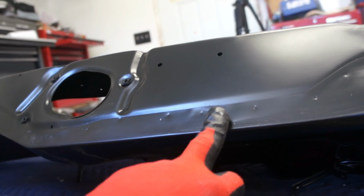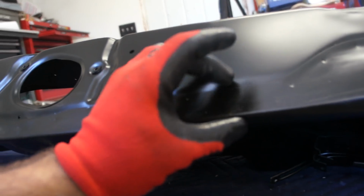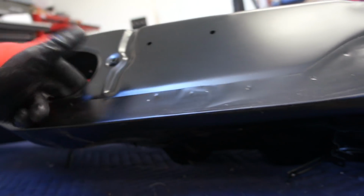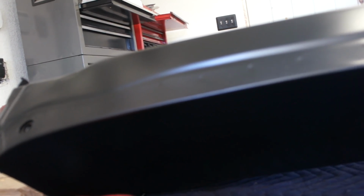I've got that firewall that actually comes up and overlaps this. So having seam sealer on the back side of this, if I'm welding to this every 2 inches or every inch or whatever it's going to be, probably like the factory did here, it's going to burn that seam sealer away. So for me, it's going to be smarter to go ahead and put the firewall on, get everything all set up, measured up,